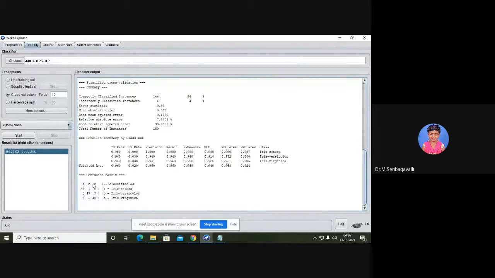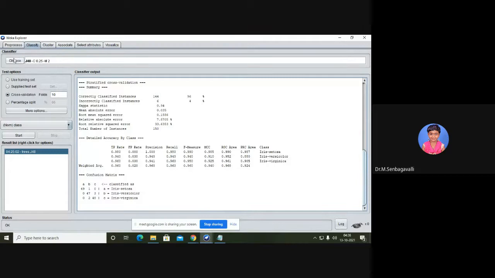HOD sir told me that you people have already completed all the machine learning implementations with the help of Anaconda, right? And you can feel the difference. In Anaconda, we have to write some code for doing the implementation. Here, we have to input only the data set. By default, all the algorithms have been implemented in such a way that if you give the input information, it will show the corresponding output with respect to the algorithm.